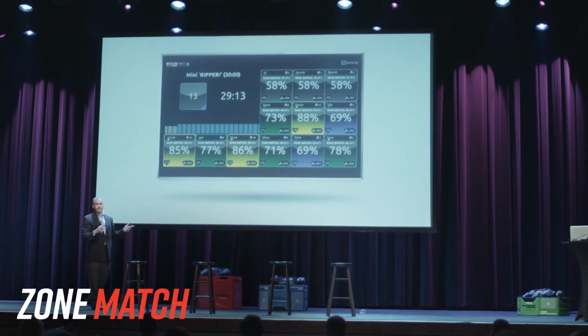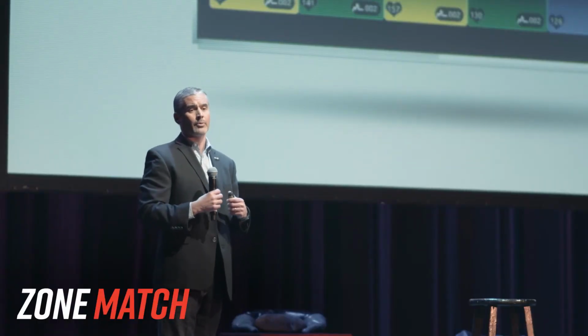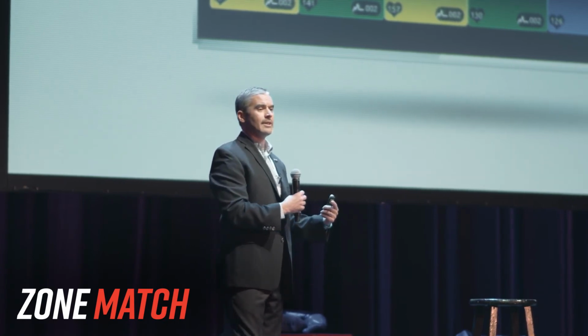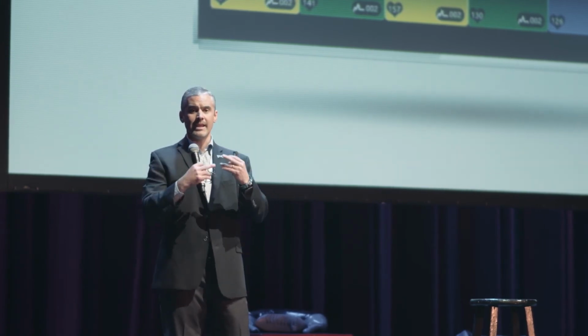Zone Match, we've talked about this in our last few breakfasts, but we wanted to bring it up again because this is part of the pre-programmed prescriptive suite of products that we offer. But you can use this on your cardio floor, for instance. You can use this in a spin class. And what it is, a pre-programmed heart rate profile that your members can maintain connection with the screen and then